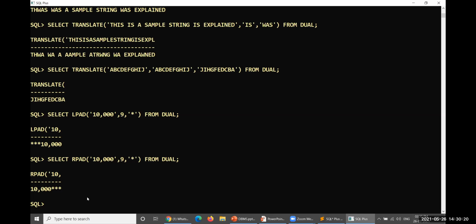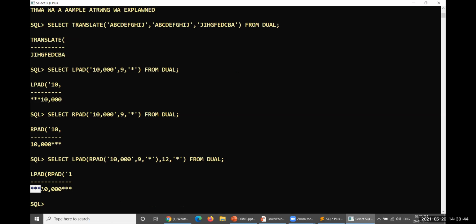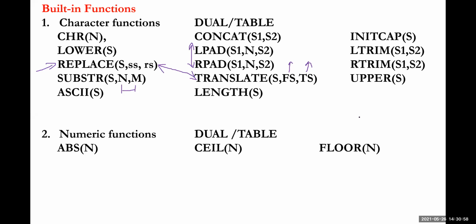And if you want to perform the same thing on both sides, first you have to operate LPAD of RPAD, where the length is 9. So the output will be totally 9 characters, so 9 plus 3, that is 12, and I would like to place a star. Then you can see on both sides you could display the stars. If you observe your demand drafts, DDs from the bank, it could be displayed something like this. Okay, LPAD and RPAD.